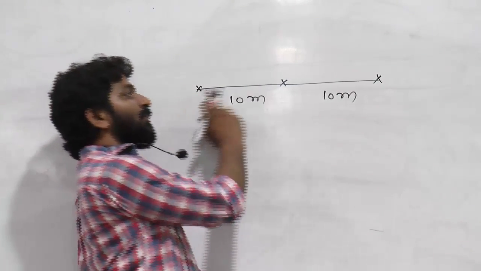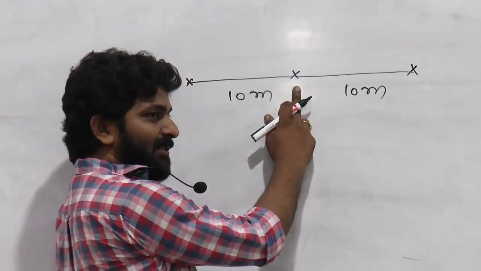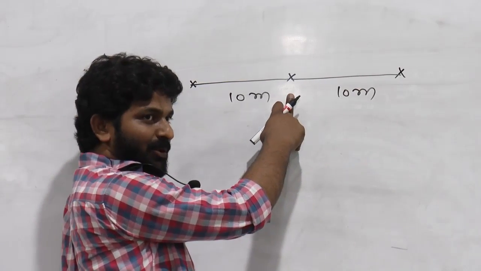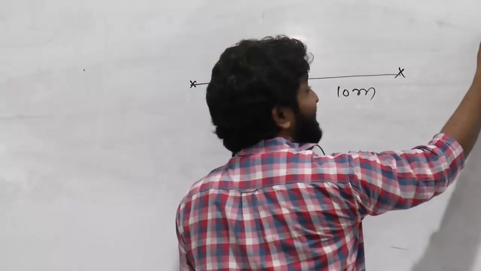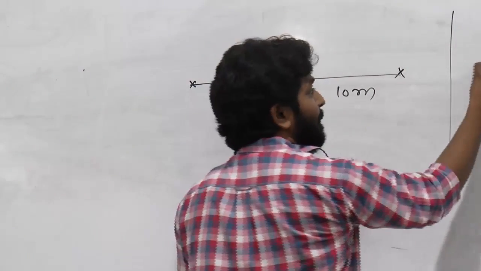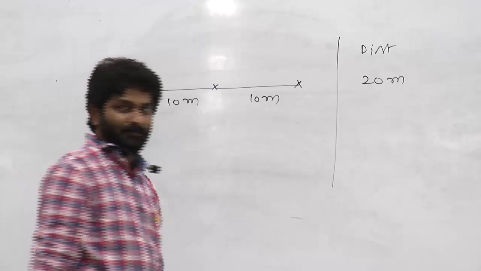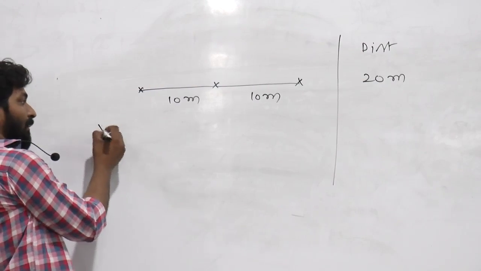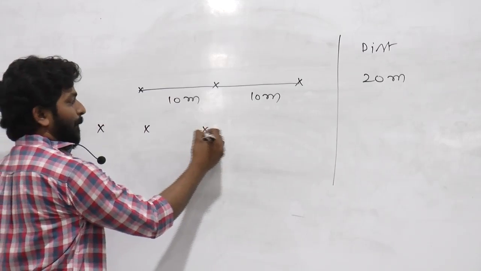So this guy has to cover 10 meters to reach this place, and this guy also will travel 10 meters to reach this place. The distance traveled in this case becomes 20 meters when you have 3 persons. When you have 5 persons,